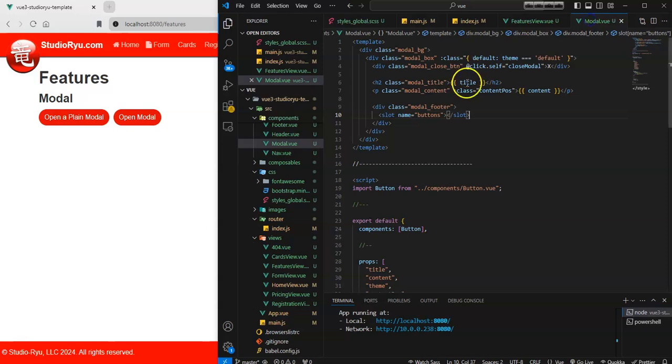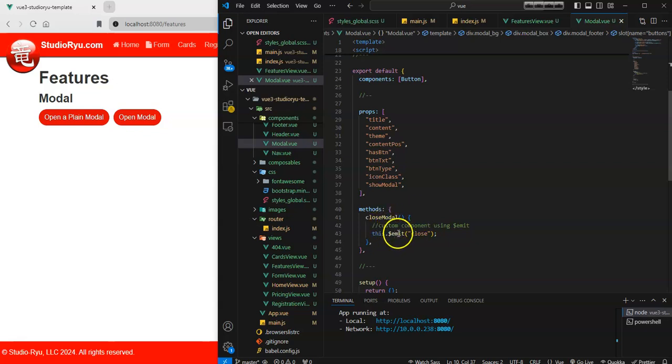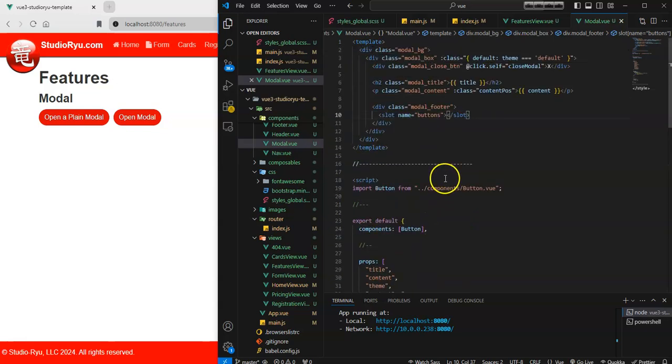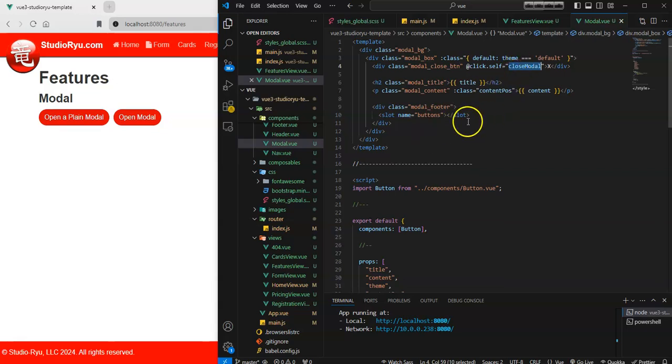All right. So if we look at the modal briefly, this is the modal view or the component. Again, it's agnostic and it's calling in all these properties. All right, and then this is the closed modal. It's using emit. This is a child property that's being called, so I need to invoke the parent closing method on the little x element. So let's see here. So here's that element here, and I'm using an event modifier here, self. So basically close itself here, and using close modal, which is this method down here. All right, and then here's the slot that is pulling in the buttons if they are available in the